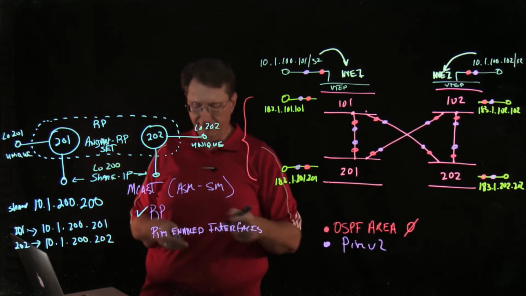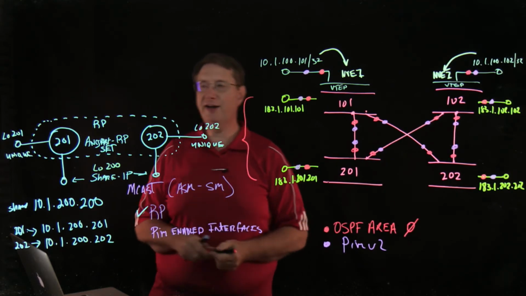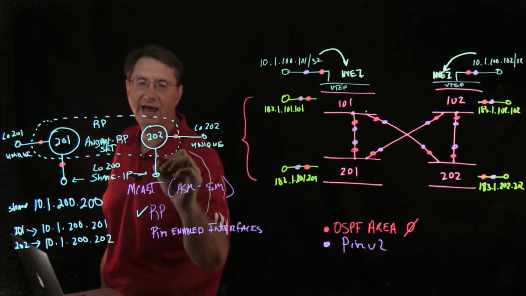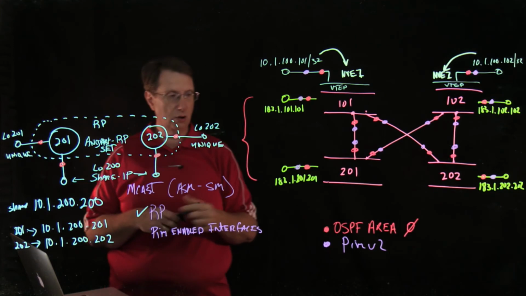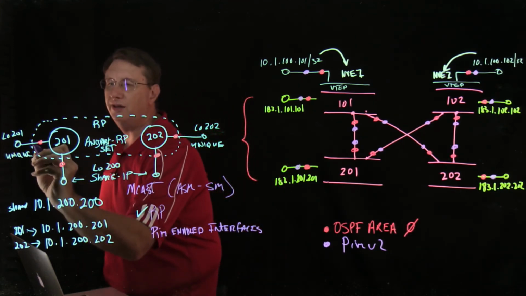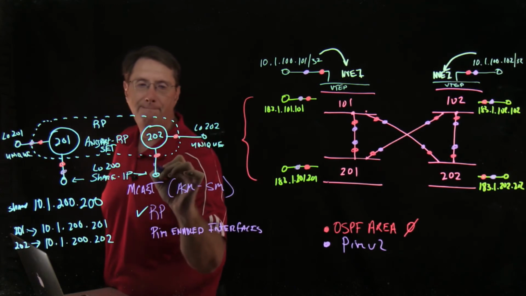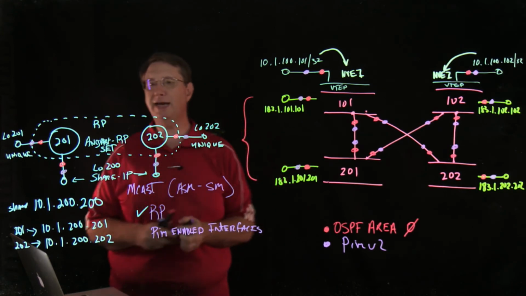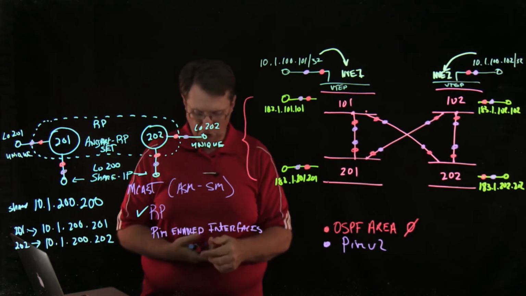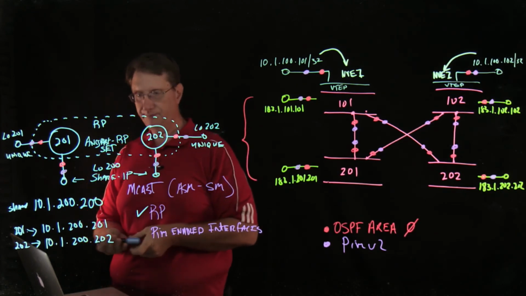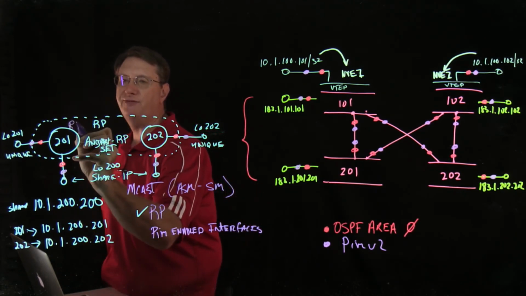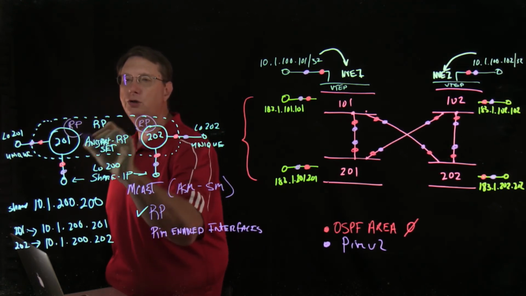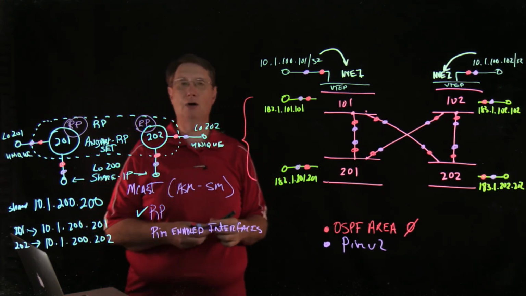Now, interestingly enough, for this to function, these interfaces have to be advertised in OSPF because they have to be reachable, and it's also going to need to be noted that they must be PIM enabled. Now the benefit here is that when we start looking at the implementation, these two devices can both serve as rendezvous points. So this device would be able to function as a rendezvous point, and this device will be able to function as a rendezvous point,